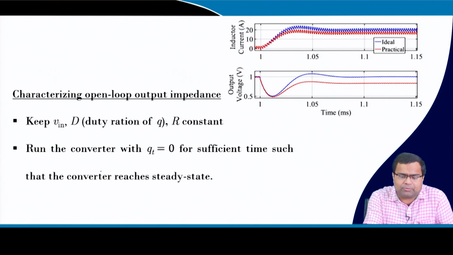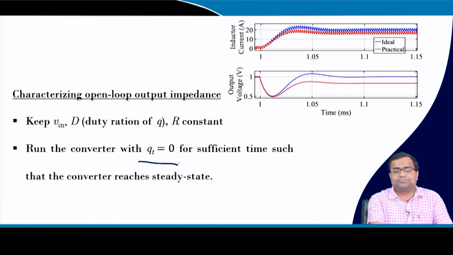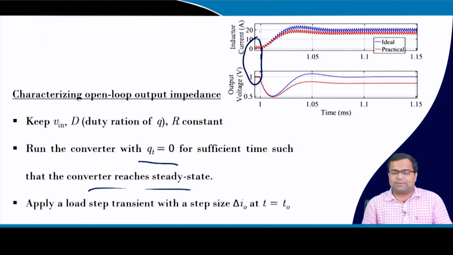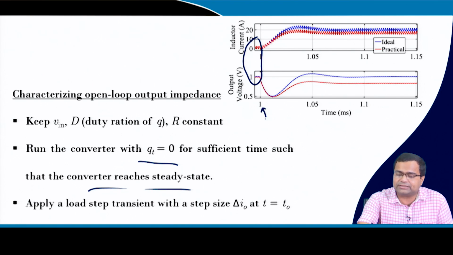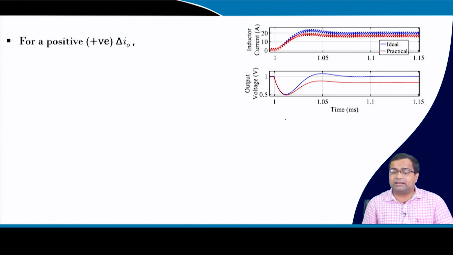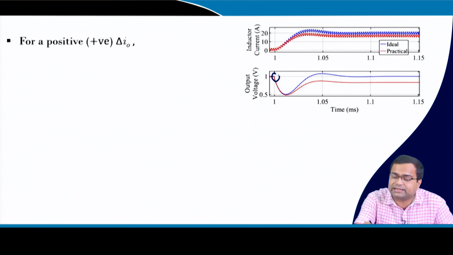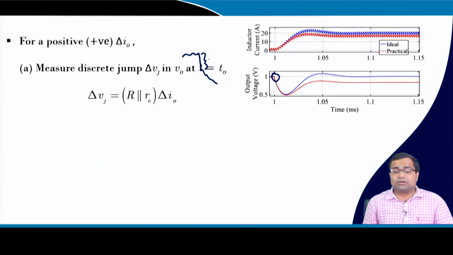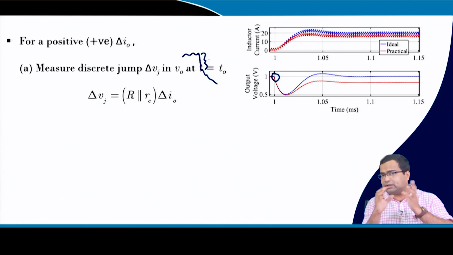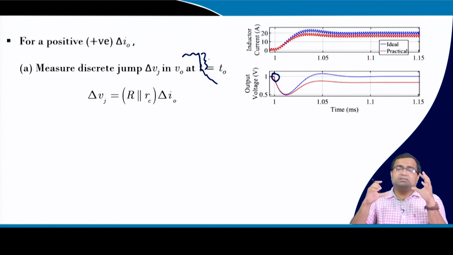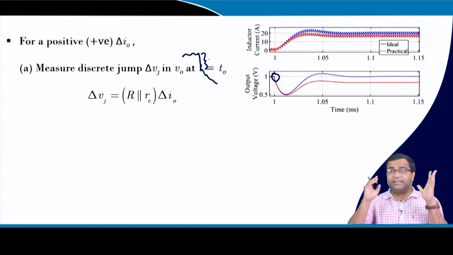But when you talk about steady state, when there is no load step transient, the converter should first reach steady state. That means we are talking about this condition. Then we apply a load step transient at t equal to T0. At that time there will be a direct jump in the output voltage, which is not visible here, and then it will further decrease. This jump is basically due to the combination of R and RC. If there is no resistive load, it is purely due to RC, a high frequency jump which cannot be avoided if your ESR is fixed.